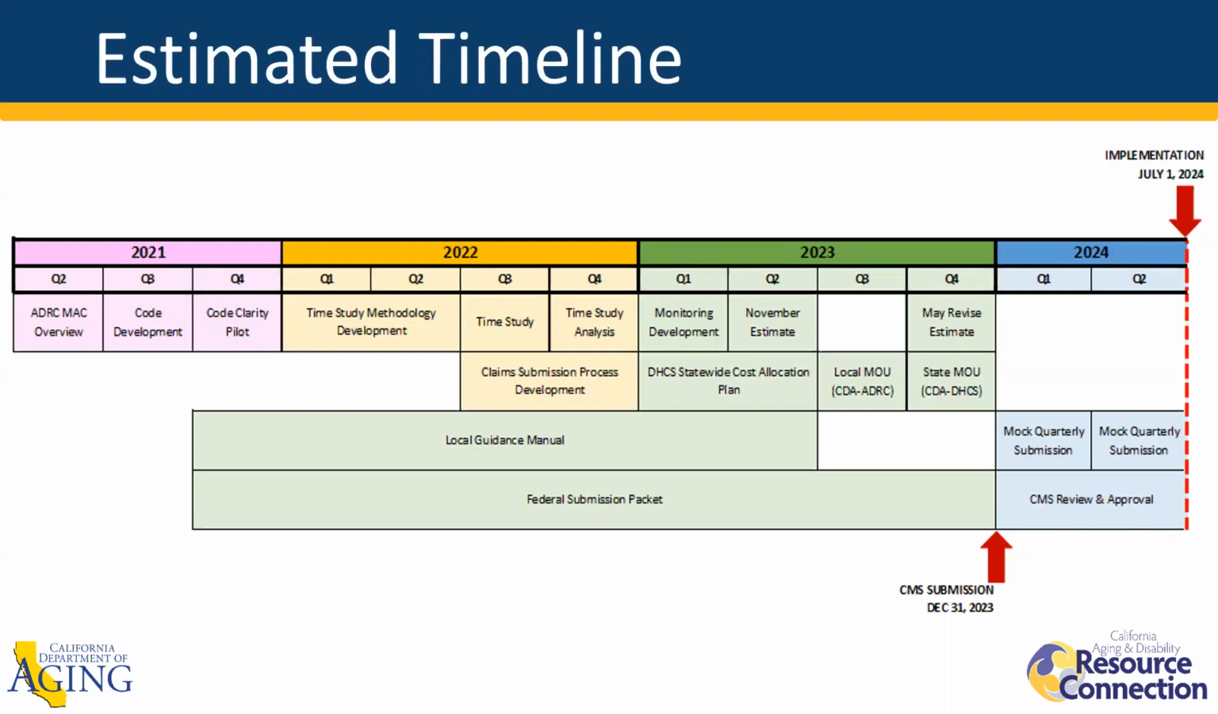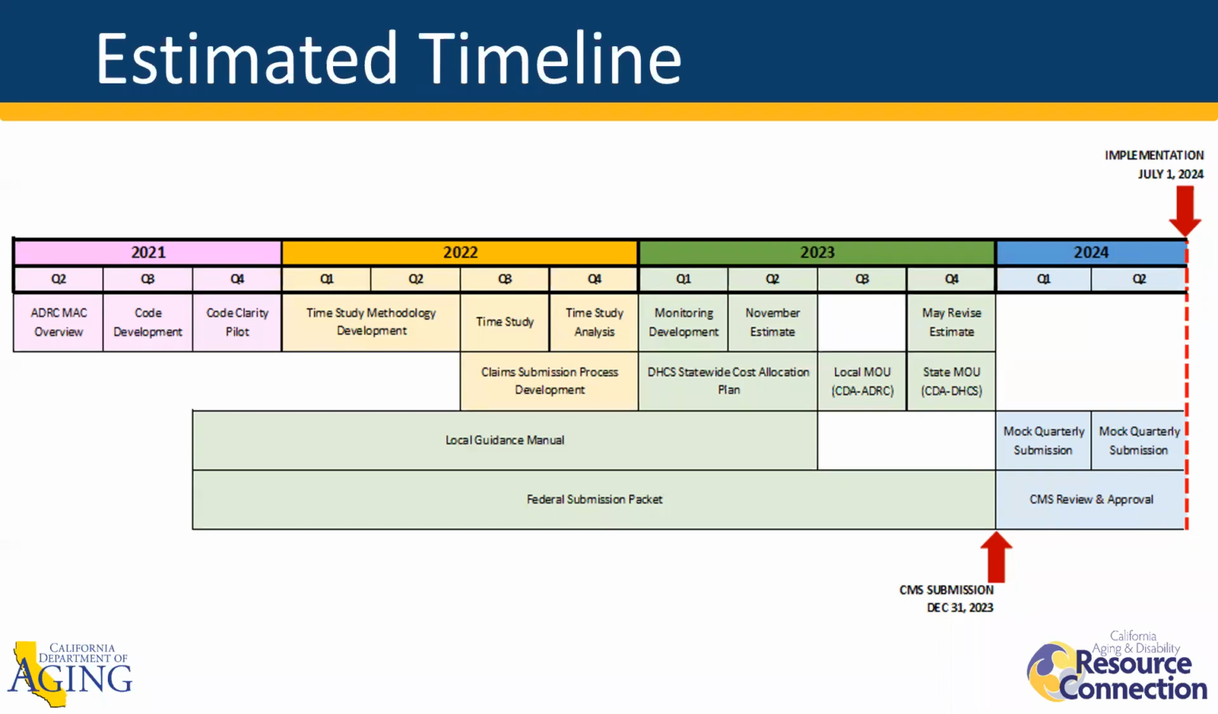So right now, let's look at the pink. We're in 2021. We're doing this MAC overview presentation. We're halfway through the year. So the rest of the year, we want to focus on developing those activity codes and conducting the code clarity pilot to really have those codes tested and finalized by the end of the year. Moving on to 2022, the yellow,